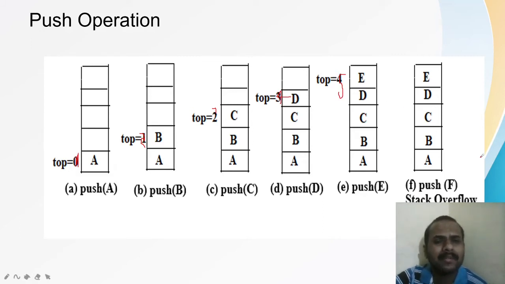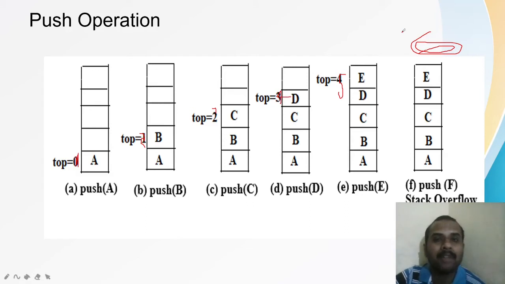Now let me say that I want to do another push operation. Let me say that I want to push F also. But what is my max stack here? Max stack is 5. And what is my top value? Top value is also 5. Now, when I want to push another element, I want to increment top, right? Top is already 5 now. If I increment top now, it will become 6. But the 6th position is not present with me, correct? I have only 5 indices: 1, 2, 3, 4, 5. The 6th one is not present.